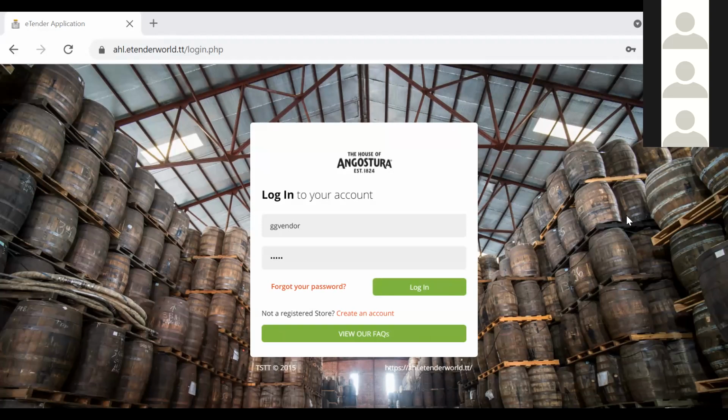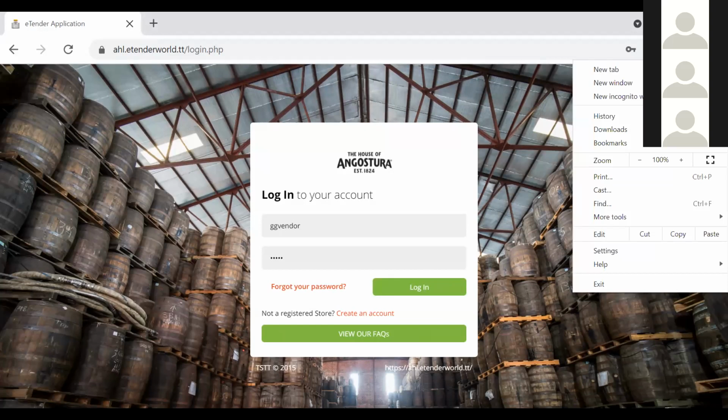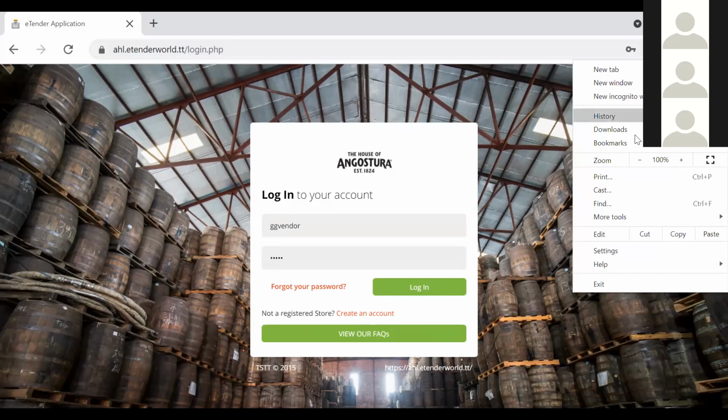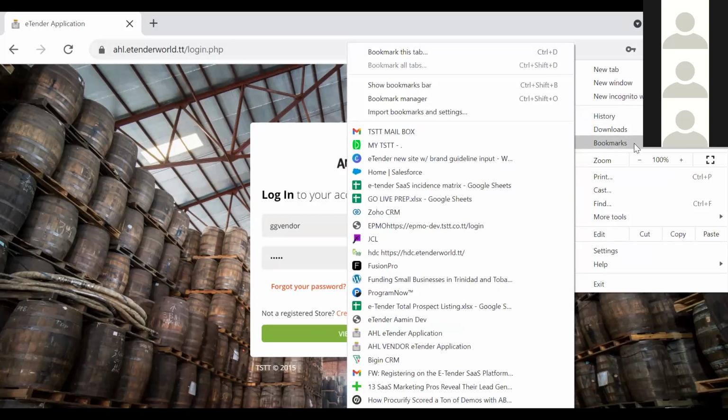Thank you. So as a vendor, you would have entered your information in the URL, or you would have gone and saved it in your bookmark. For persons who don't know how to bookmark, I'm just going to show you quickly how you can do so. The first time you use the link to access E-IDCOT's e-tender application, it will show up here automatically in your browser. You can simply click on these three dots, go to bookmarks,